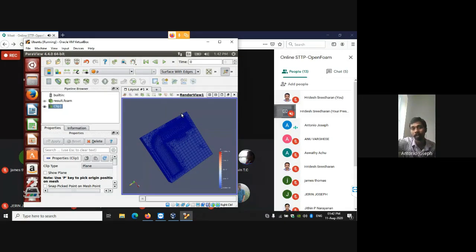And also remember one thing, in that refinement region, we had given the command as inside. So inside that particular cylinder only, the refinement will be done. In this particular case, we can clearly see that. So this was the cylinder, and inside that portion is being refined, but still